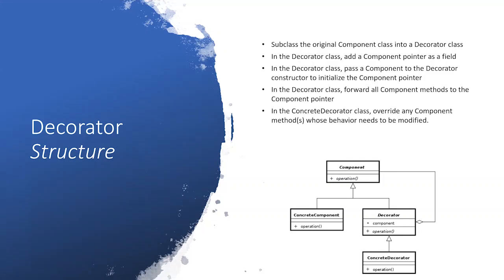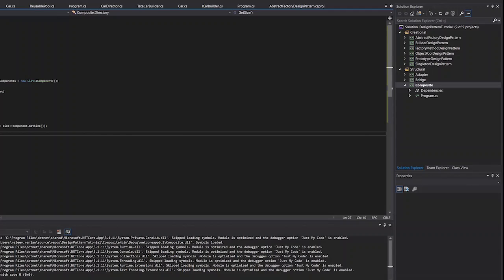Okay, so shall we get down to the code to understand how we can implement it? Sure. Let's use our example of our car which we used in our creational design pattern. Suppose you have a car and now you want to apply some features. So you will create some decorators, and that decorator will be wrapped around the car object which you have, and finally it will return the modified car.